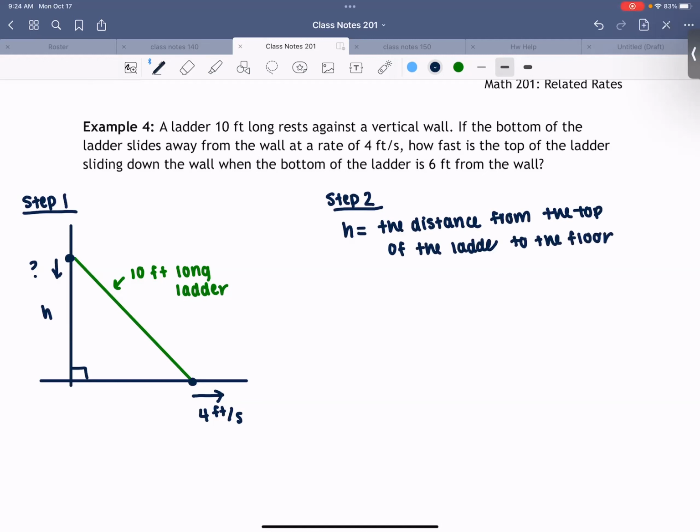And I'm writing it this way because it might be useful when we think about the direction that things are going, if I say it like that instead of just saying the height. Okay. Now, what else can I label? Oh, yeah. 9